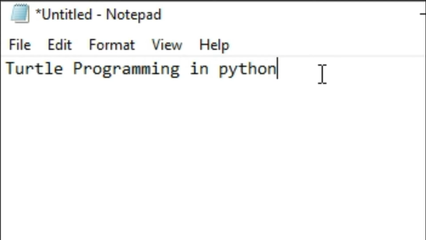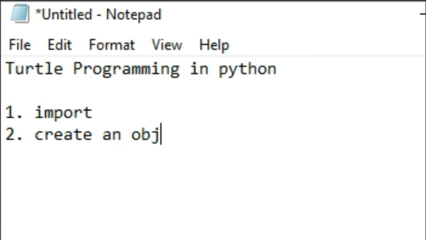The road map for executing a turtle program is as follows. First, import the turtle module. Next, create an object for the turtle.